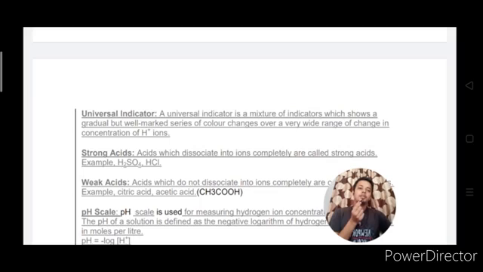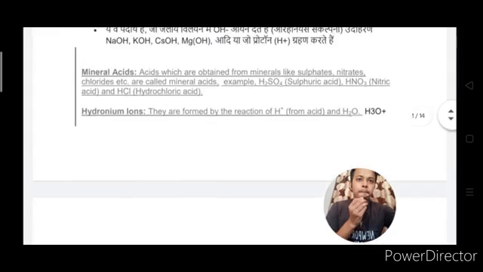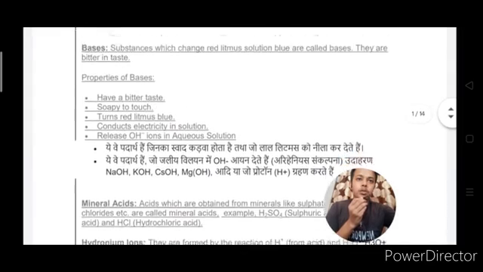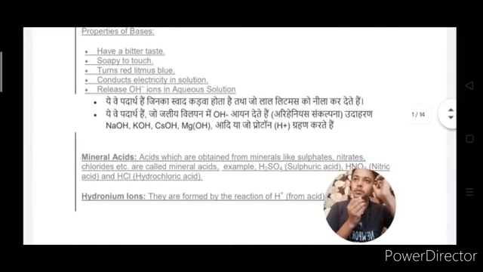And then weak acid and strong acid. Weak acids generally dissociate or ionize partially in water. Acetic acid is one of the most important examples of weak acids. So these are the classifications of acid. I think you have understood the classification of acids, different types of acids. Yeah, so let's move to